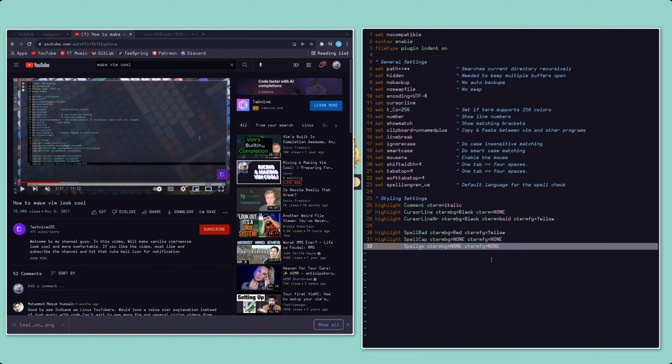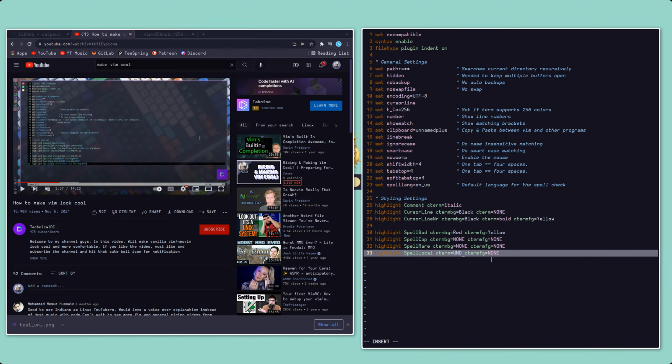We are just doing a little bit of Vim configuration. Local, oh, excuse me, rare is what this needs to be, rare. Okay. Then we're going to do local, and then C term is going to be underline,